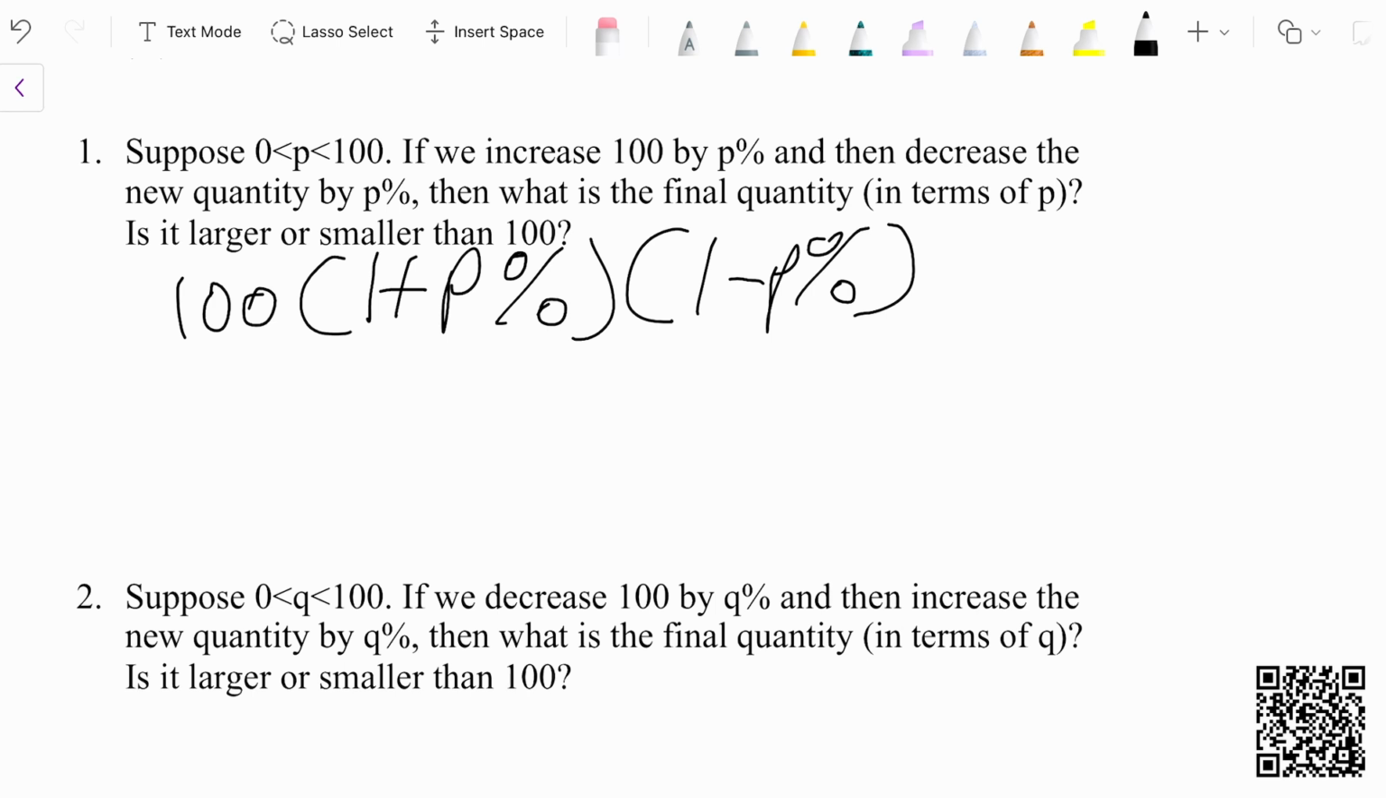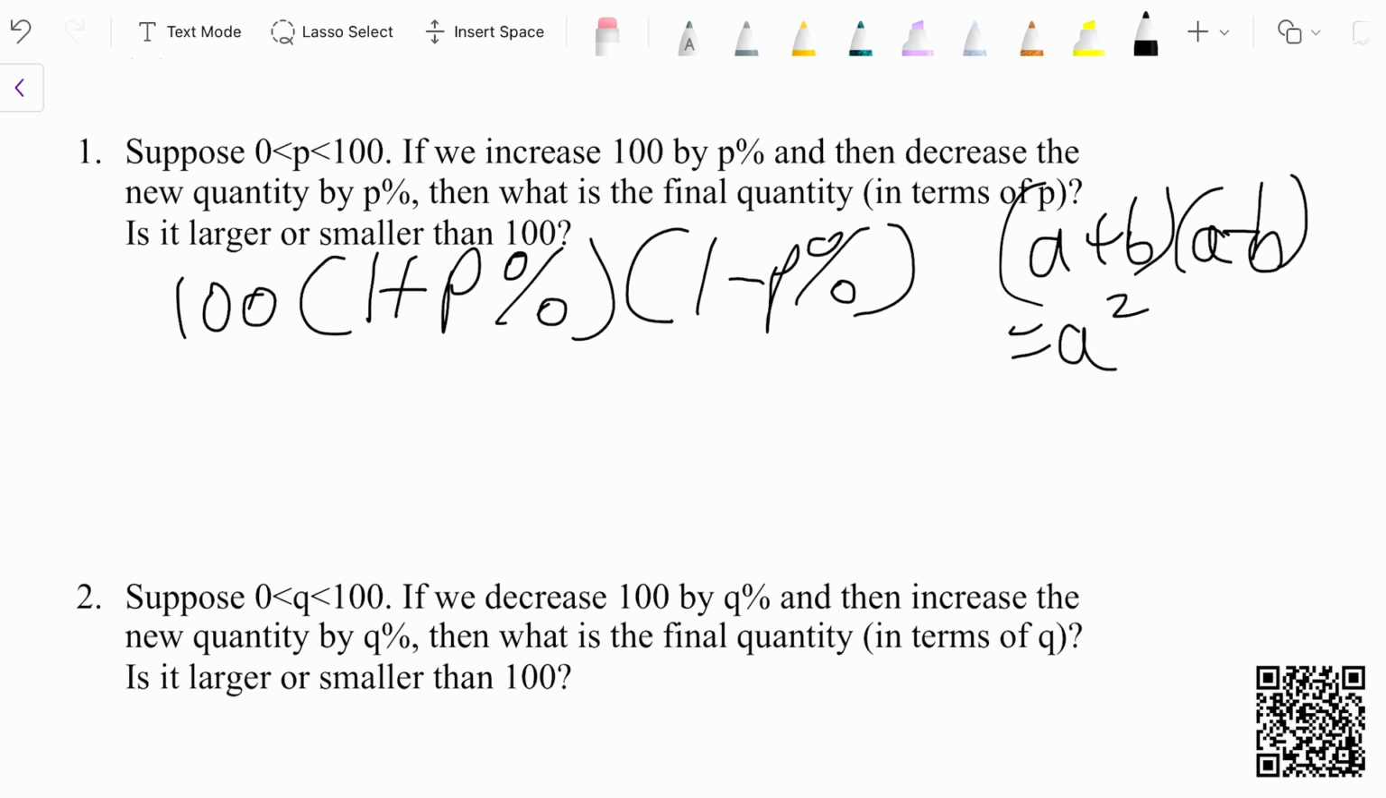And since there is a formula saying that if 1 is a and p% is b, then (a plus b) times (a minus b) is equivalent to a squared minus b squared. So taking that idea into consideration,